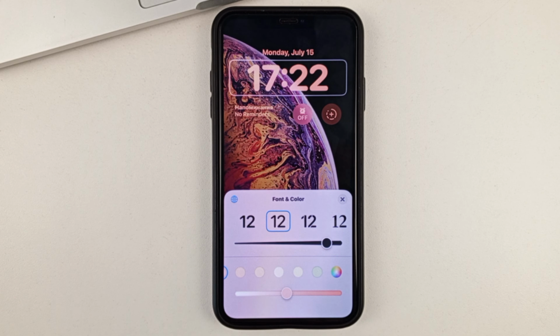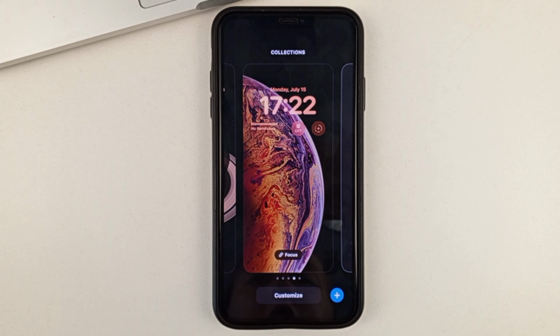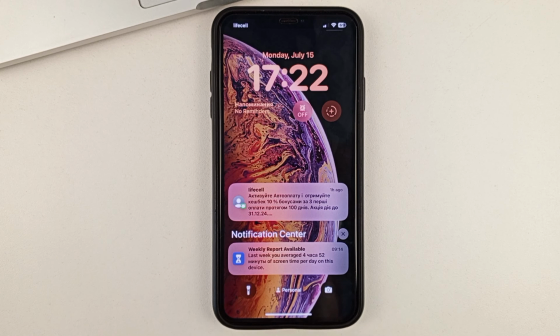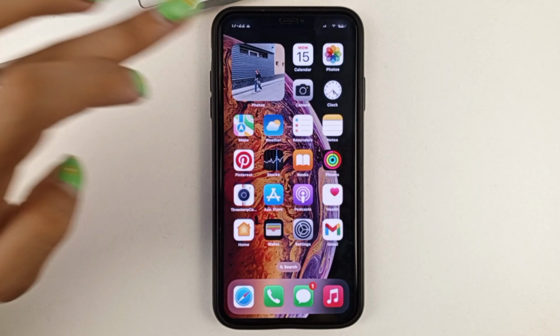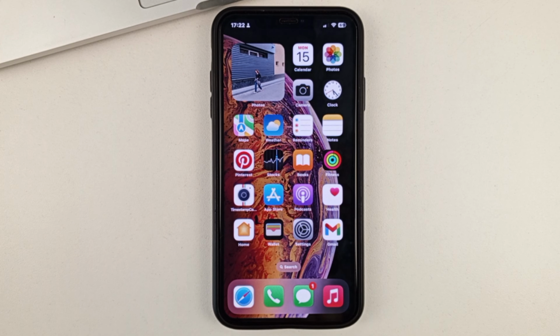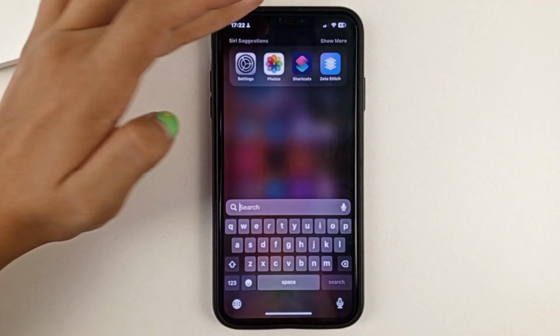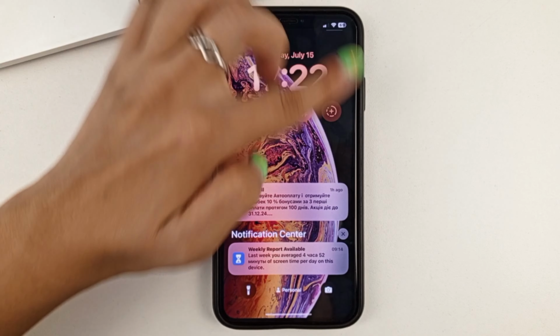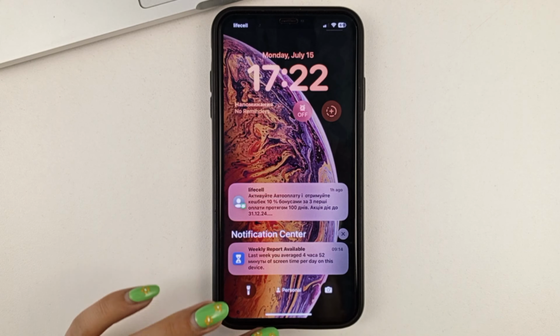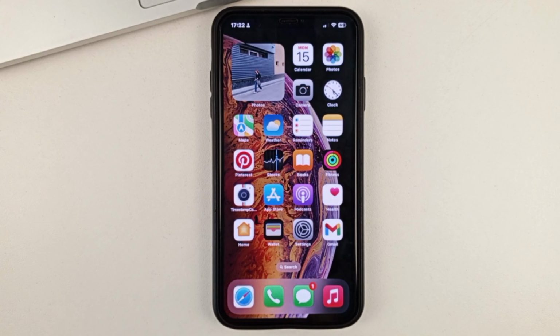And after you've adjusted everything you like, click on the blank screen. Then in the top right corner, Done. Then tap again on the lock screen. And now swipe up. This will bring you back to the working screen of your iPhone, and as you can see, the clock widget has now been changed. This is the way, friends, you will be able to change the clock widget on your lock screen on your iPhone.